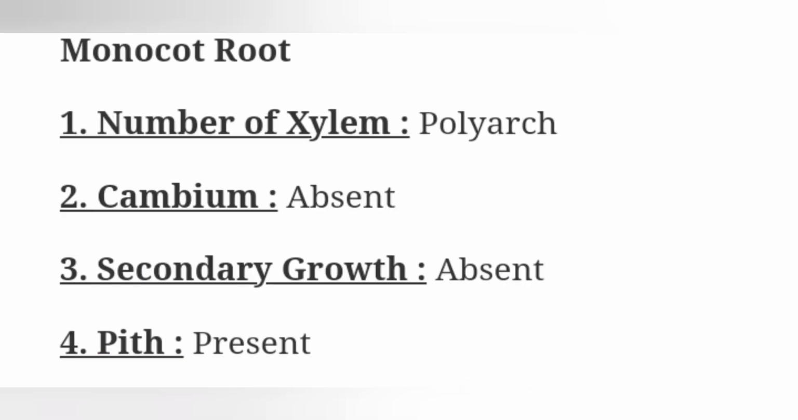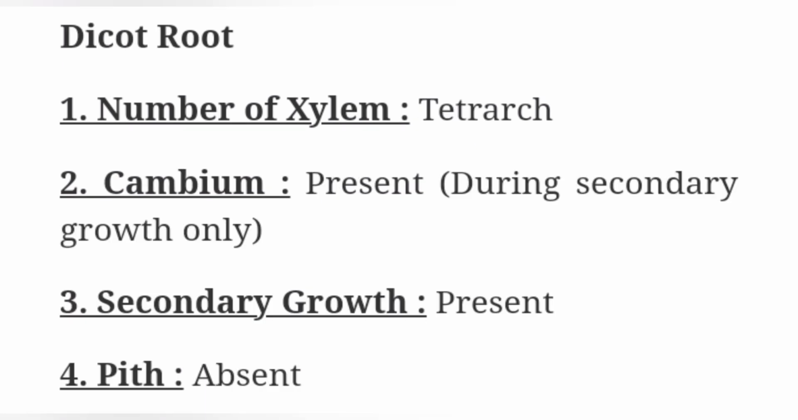First one, monocot root. First point, the number of xylem, polyarch. Second one, cambium absent. Third one, secondary growth absent. Fourth one, pith present. Dicot root. First one, number of xylem